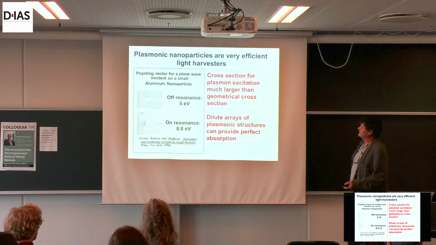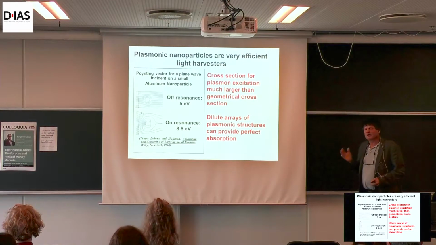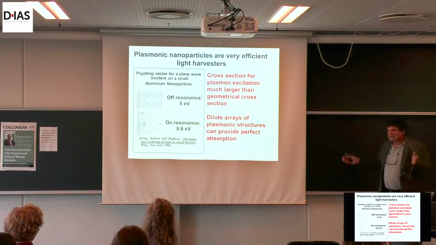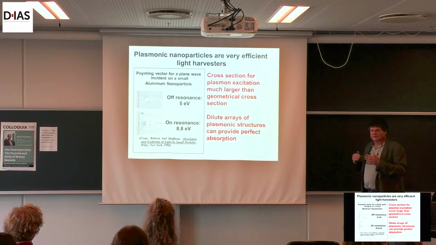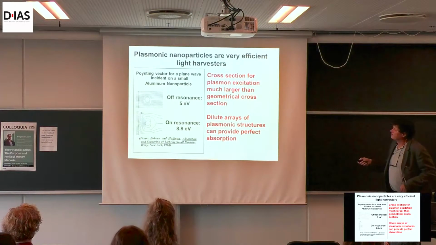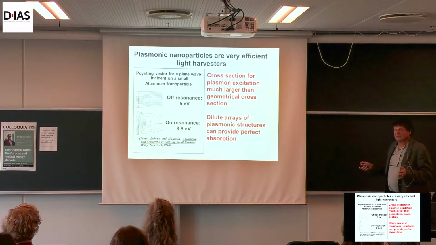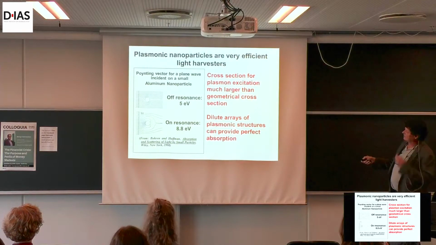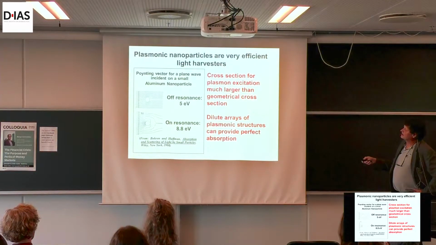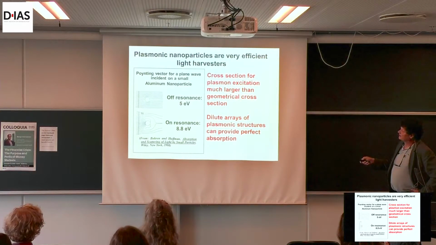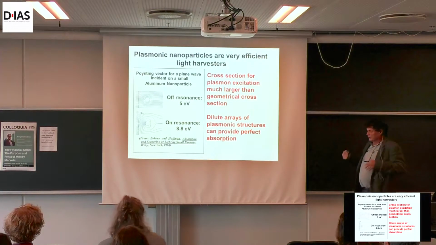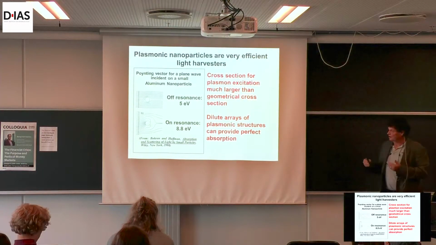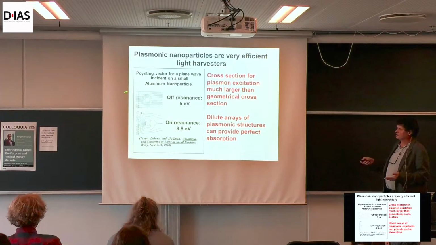Okay, very good. So why would we go plasmonics if we do light harvesting? Well, because they are giant light harvesters, and this has to do with the field enhancements. What I'm showing here is what's called the Poynting vector. This is sort of the flow of energy from a plane wave hitting a nanoparticle, in this case an aluminum nanoparticle. This is off resonance. You can see here this nanoparticle off resonance absorbs a little light. We have a shadow behind the nanoparticle of about half the physical cross-section.